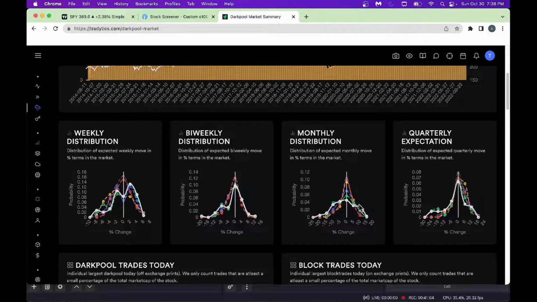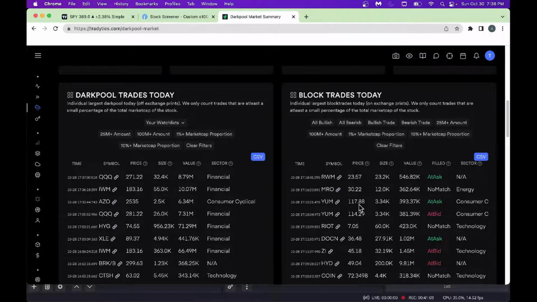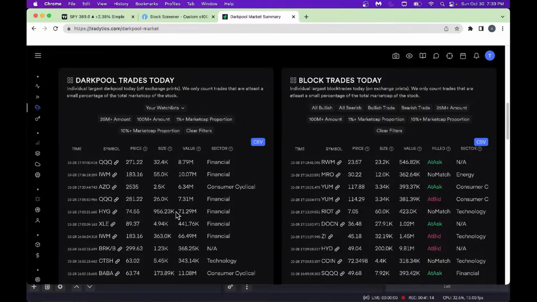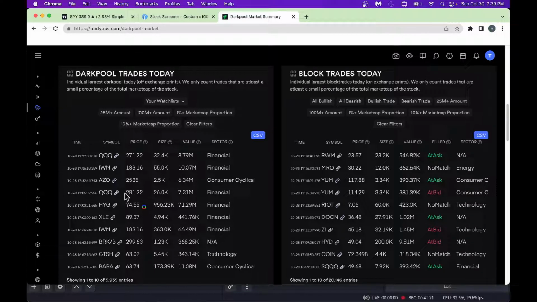We'll not go into the detail here. You can look at the block trades and the dark pool trades, and you can see where the dark pool trades are. For the dark pool, because it's very hard to understand whether it's a buy or sell, they have not given any indication here. I know some trading tools will tell you by looking at the spot and the price, but this itself does not tell you whether it's a buy or sell, but it tells you what the dark pool is. When you see a huge amount here, that's where you can pay some attention.